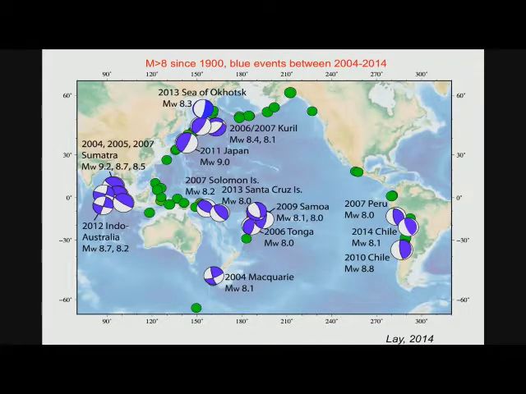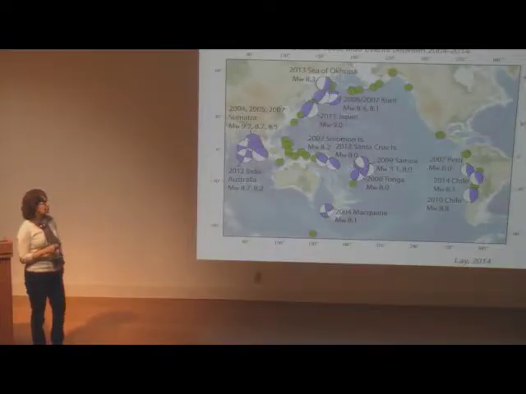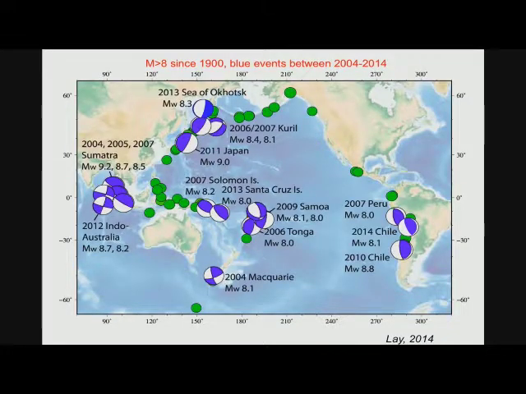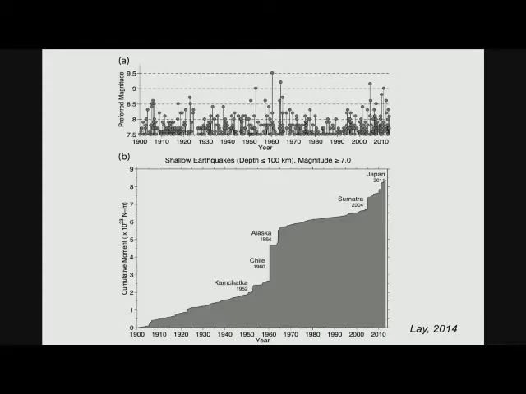So here is a map again since 1900 of these large, mostly megathrusts. These are the largest events since 1900, so they show focal mechanisms. Not all of them are megathrust on the subduction zone plate boundary, but most of them are. So everything in both green and blue, but the blue, the beach balls, the actual focal mechanisms, are just those events that occurred in this 10-year period, 2004 to 2014. So there's really been this explosion of large megathrust earthquakes in the last decade,